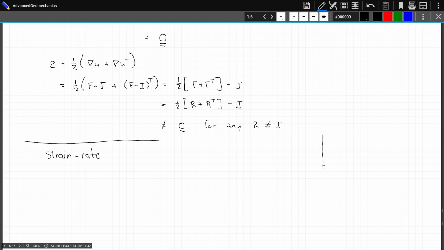I'm going to define a new writing app because this one screws up when my hand hits the screen. So if you think about a stress strain curve, we're taught in undergraduate that stress, in one dimension, is equal to Young's modulus times strain, right? That just implies a linear relationship, right? But I showed you guys a stress strain curve for steel the other day, where the linear part was so small you could barely see it, right? It was like in the first 1% of strain, and then it